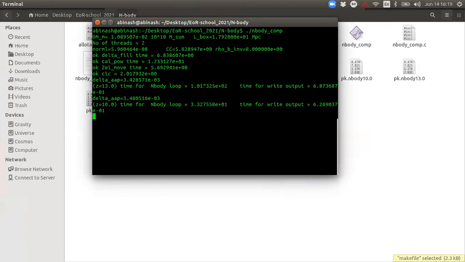I'm just running it on my laptop to demonstrate to you. We cannot run it on our laptop for large volumes. In that case, you need servers with quite high RAM, like high performance computers. Generally people install Linux in those clusters.